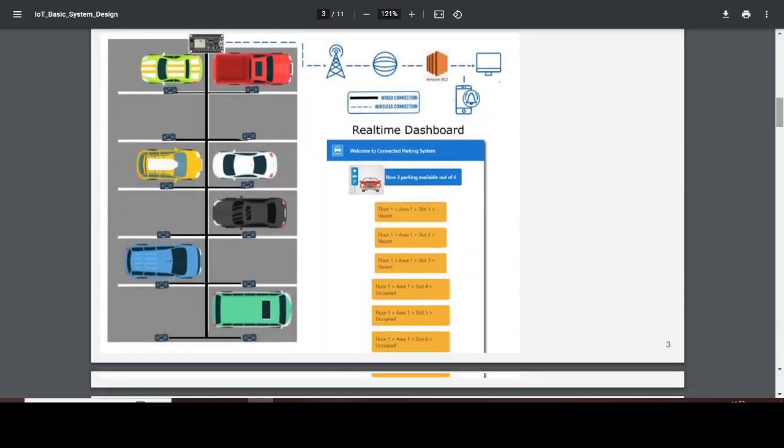Okay, so this is a high level diagram of our overall system. On the left hand side, if we consider this is a parking area, we have some sensors which will sense whether the parking space is occupied or vacant. Based on that, those sensors will send the data to an edge device. Here we have used